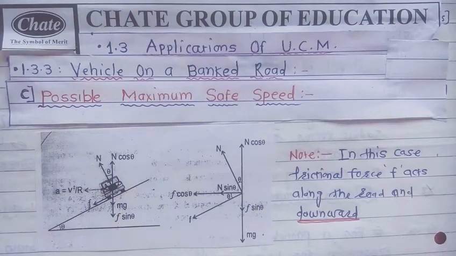Dear students, as I told you, when the vehicle moves on a curved bank road, there are three possible cases for the safe speed. First one is most safe speed, second one is the maximum safe speed, and the third one is the minimum safe speed. We have already studied an expression for most safe speed, and while deriving that expression, we have ignored